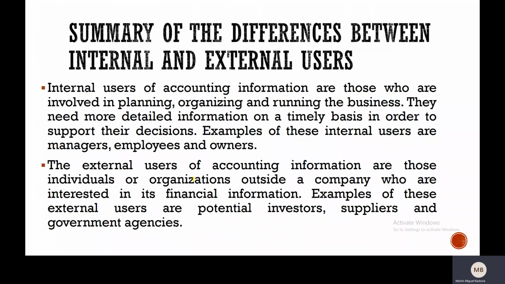And the external users of accounting information are those individuals or organizations outside the company who are interested in its financial information. Examples are potential investors, suppliers, and government agencies. So those are the different users of